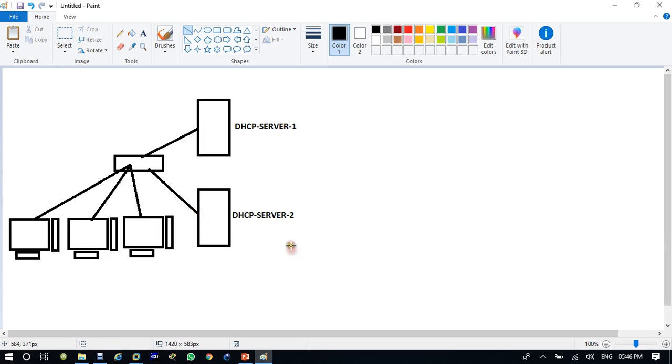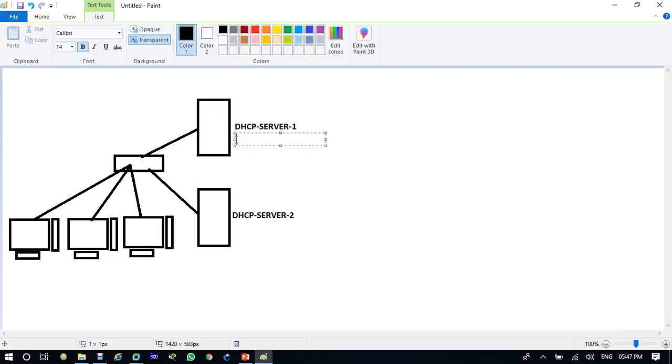By default, if you have only one DHCP server and this DHCP server fails, these clients will not get an IP address. Likewise, if you have only one Active Directory domain server and it fails, do you have any redundancy or load balancing? No.